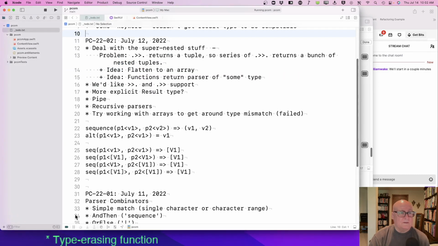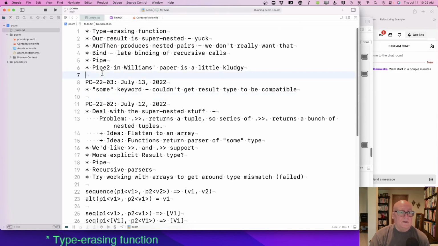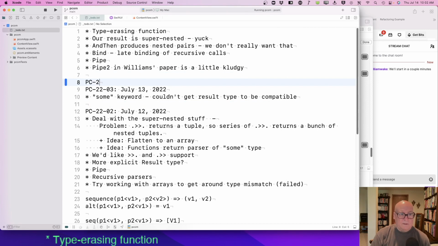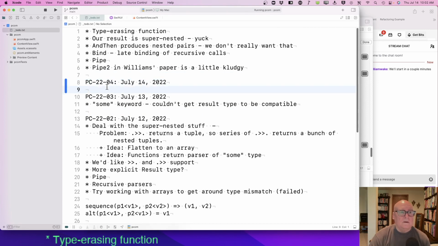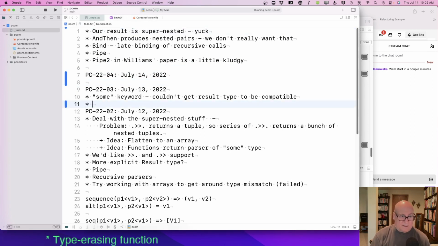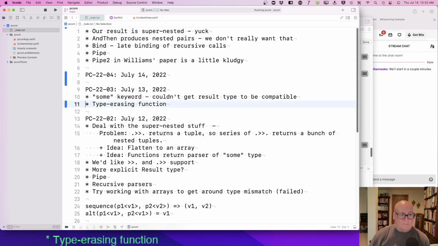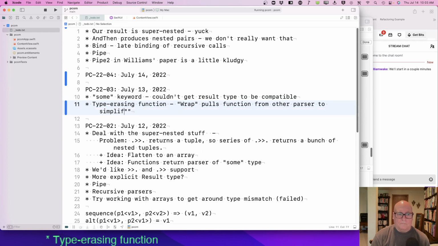Let's get the to-do going here. PC-22-04. So type erasing function, we really got that last time. Okay, these are just kind of notes.